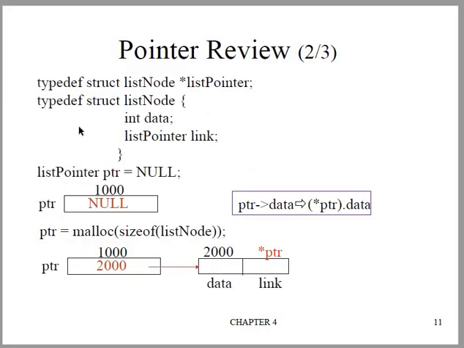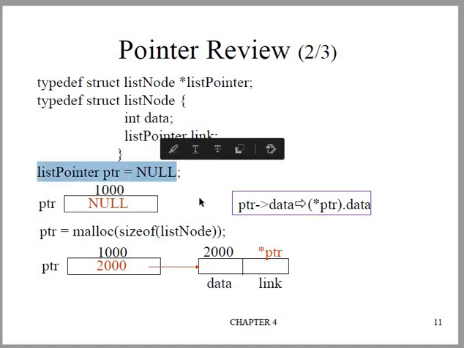So whenever you want to create a node for a linked list, it will have two fields, one is the data field, another one is the link field. The data field may be an integer or string or structure or any data, and the link field is a pointer field which will point to the next node in the linked list. Here, if you want to allocate the memory space, we'll use the malloc function. Initially we'll make the pointer null.